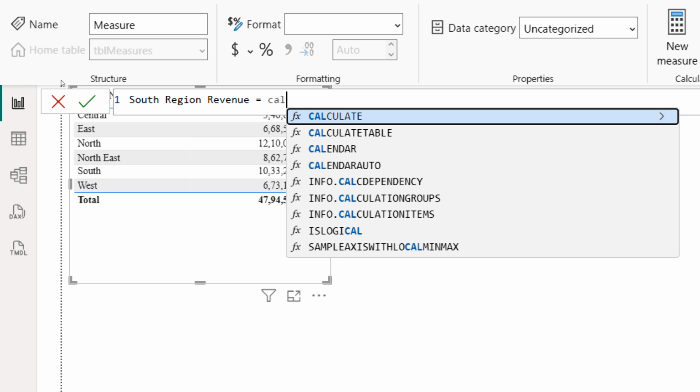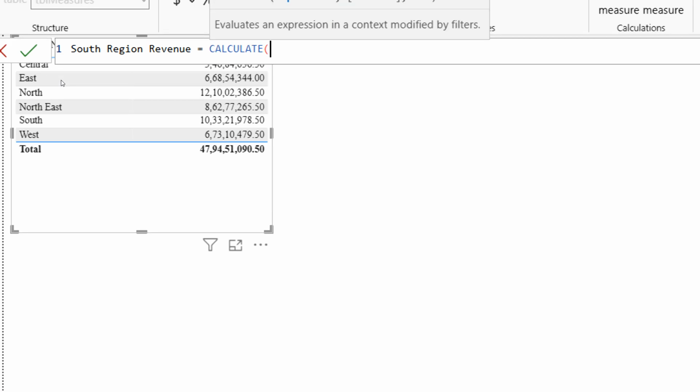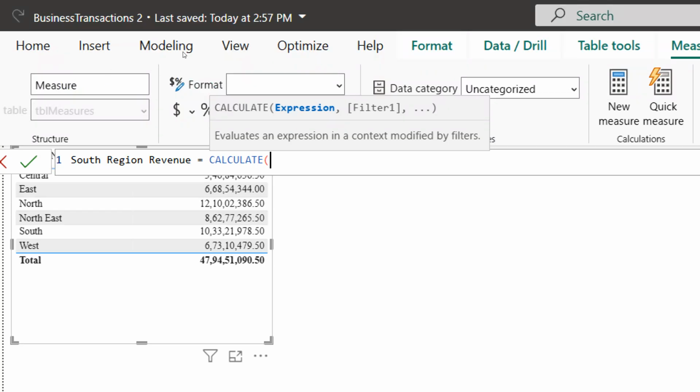I want to calculate the total revenue for what? If the region is south. Where is the region name available? Region name is available in the region table. When I type REG, it shows the region details. Under region details, I select the region name. Calculate the total revenue, comma, if that region name is equal to,